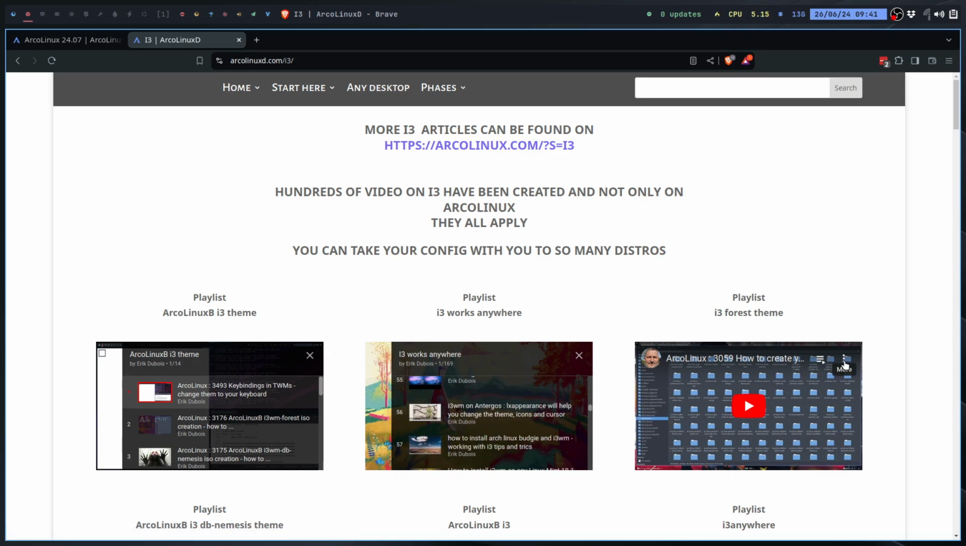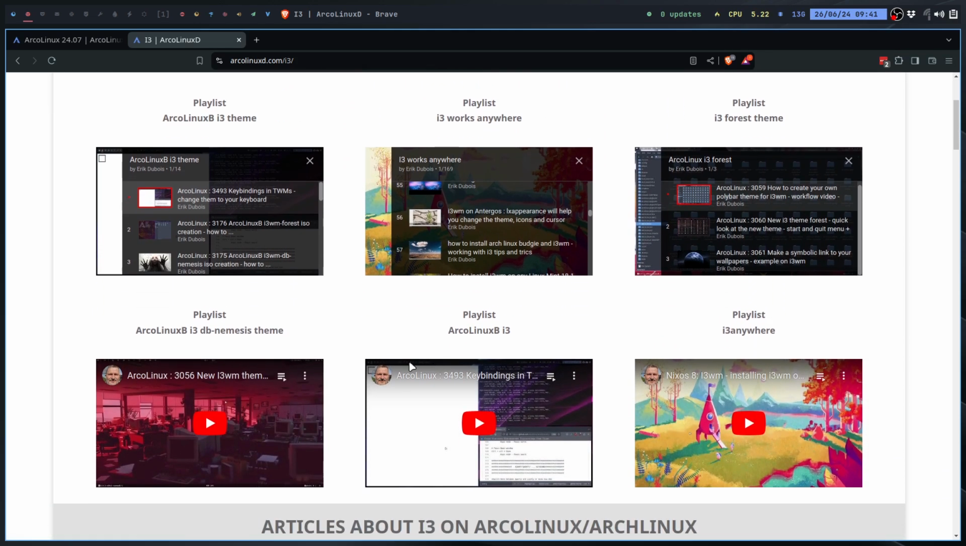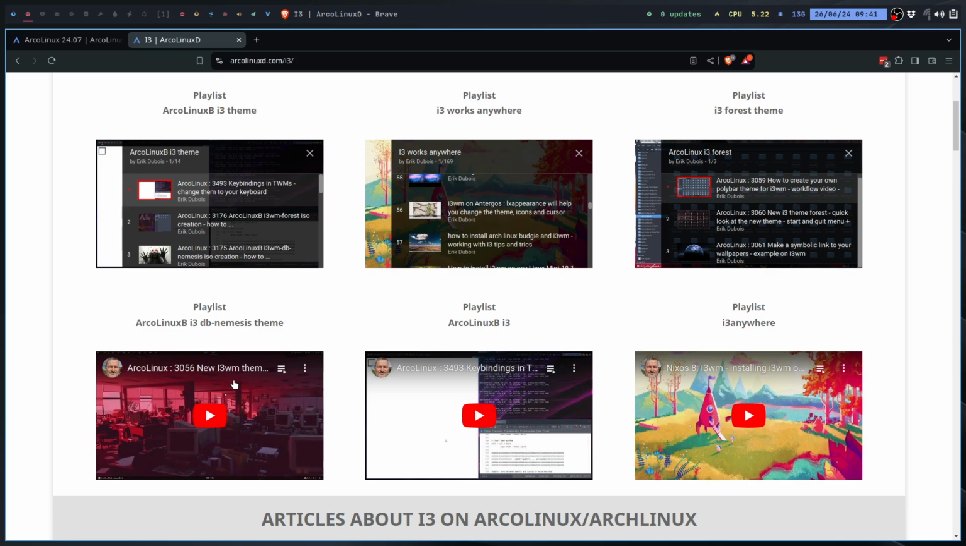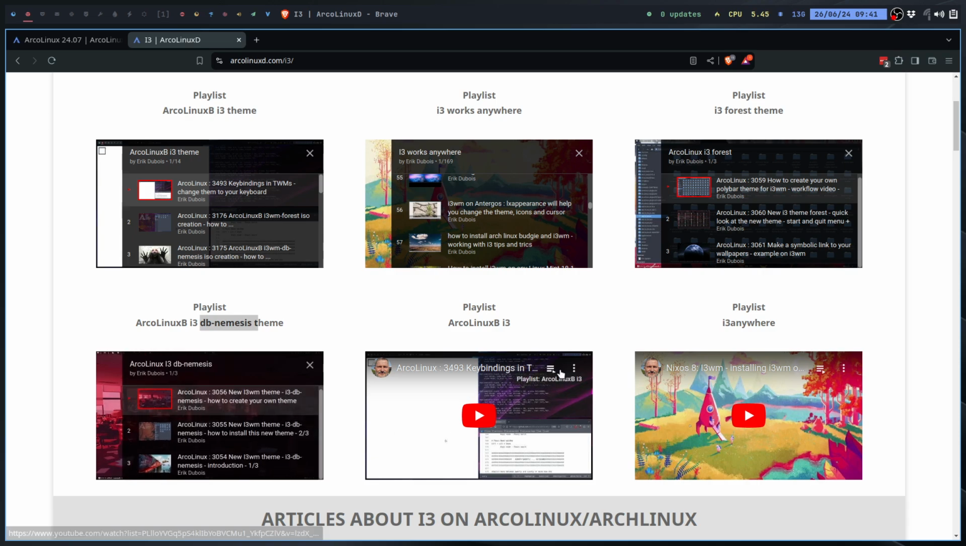How to create a theme. Maybe you'd like to create themes for i3. The DB Nemesis theme explained, this is coming from LeftWM. Yes, if you know what you're doing, you can get polybars from somewhere else and incorporate them in your desktop. That's this. Key bindings,